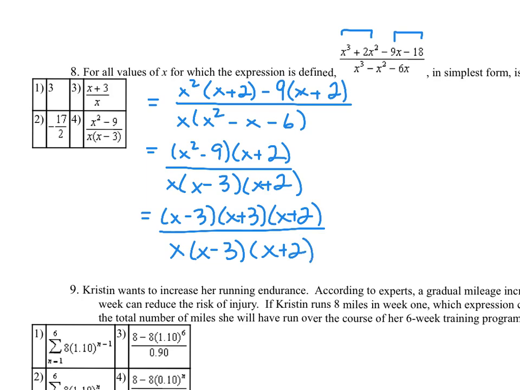All right, so remember when we're simplifying fractions, any common terms that you have in both the numerator and the denominator, you can cancel out. So we can cancel out the x plus 2's. We can cancel out the x minus 3's. Okay, and then you can see this is what we have left. Now, I'm going to make that look a little bit prettier. So that would be x plus 3 in the numerator, x in the denominator,